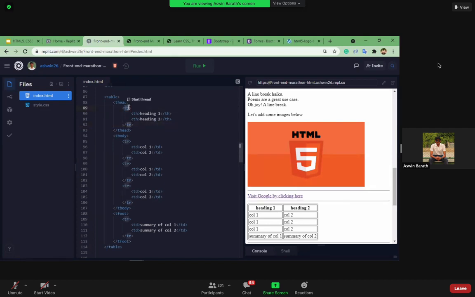So TR is nothing but table row. Whatever we have to provide inside this table, we have to wrap it inside a table row, even for the head as well as the body of the table. As you can see over here, for the heading part, we have used TR followed by TH. TH is nothing but table head. And over here in the table body, we have used TD, right? So we have wrapped it inside this TR tag. I hope that is clear now, right?